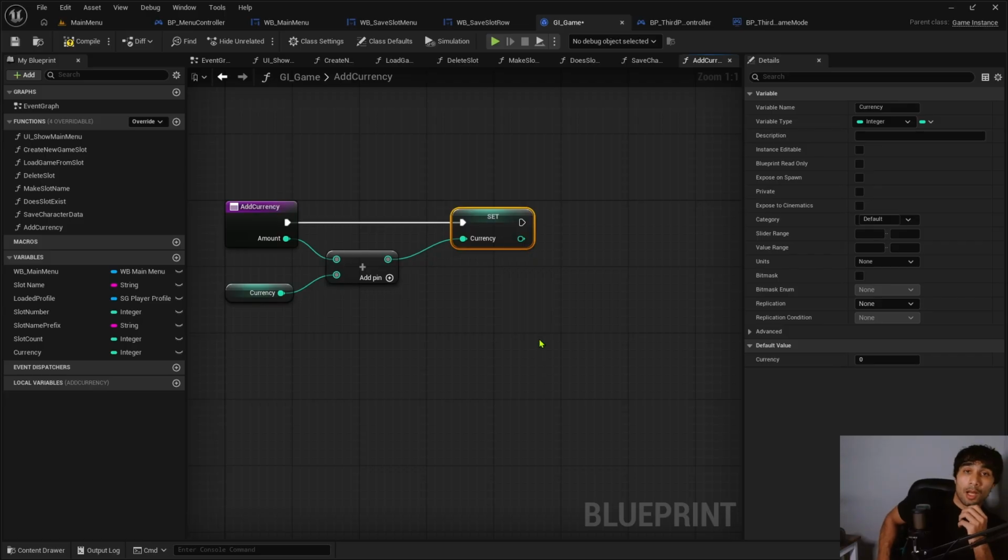Now, if you have a UI, you want to do an event dispatcher to call on currency changed. And then whenever you want to update the currency being changed, you just call on that event dispatcher wherever you'd want that to. So you have like a separate thing for refreshing your currency UI. This isn't a currency UI video, but if you want to know how to do that, that's how you go about doing that. Anyway,